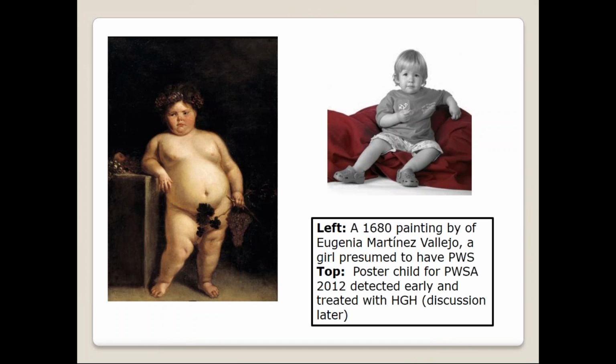Here's a picture here. As I said, between 1 in 12,000 and 1 in 15,000 live births have Prader-Willi syndrome. Now, a lot of people say, well, is it more prevalent now than it was before? We don't believe so. But as we show you what's going on with the hypothalamus and the pituitary gland, you see this picture of this youngster, this little girl back in the 1600s. She obviously is from a very wealthy family in that there's even a picture of her. She probably had Prader-Willi syndrome.